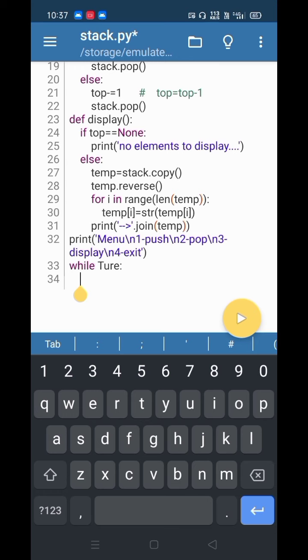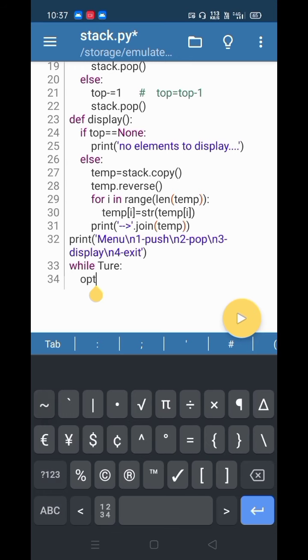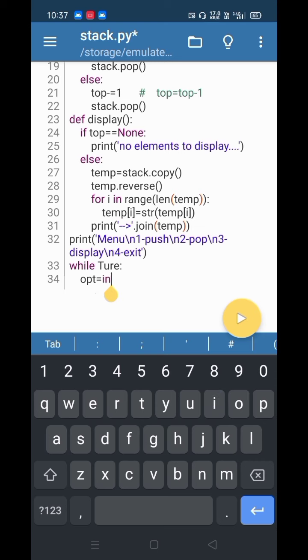Now I will go first. I will take the option as int input, enter your option. So I have taken the option.